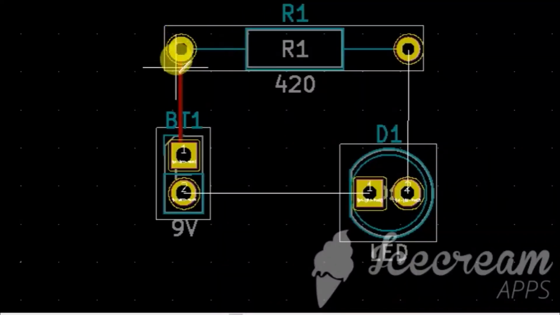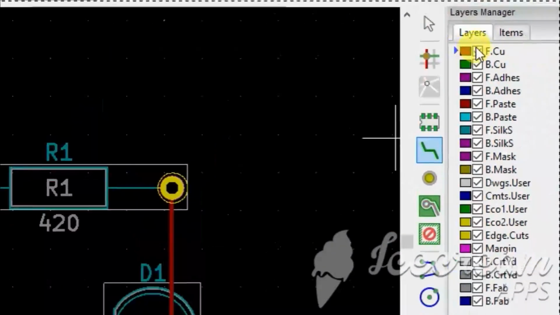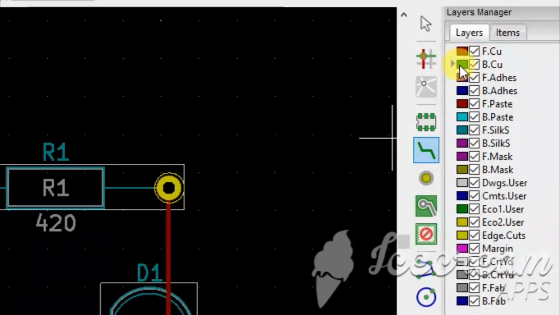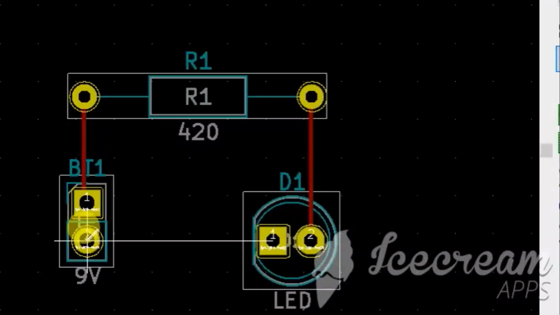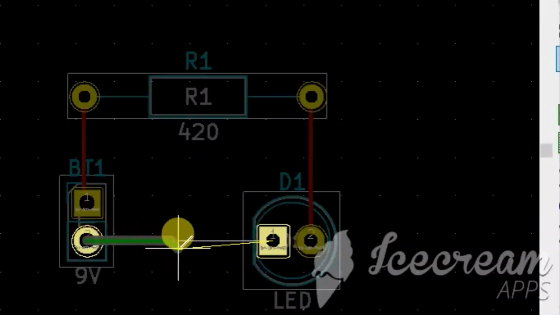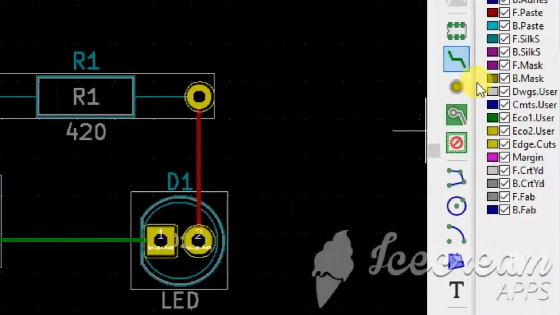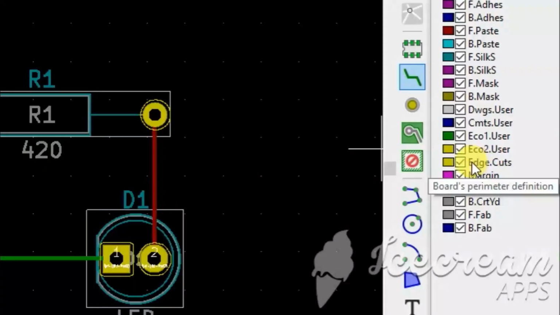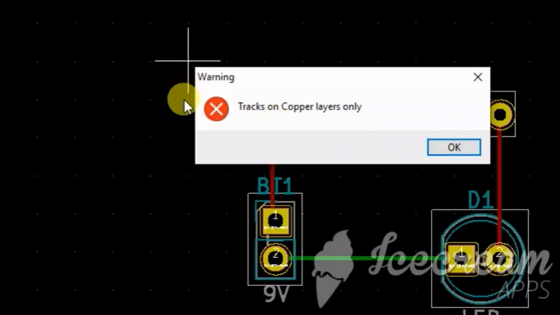First resistor to battery, and next resistor to LED, and next you click green B.Cu and click battery to LED. And next finally you choose Edge Cuts and draw the edge cuts.